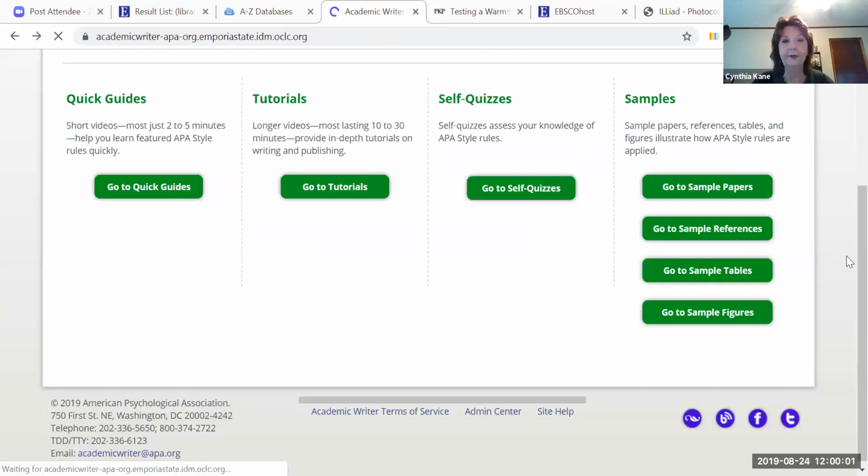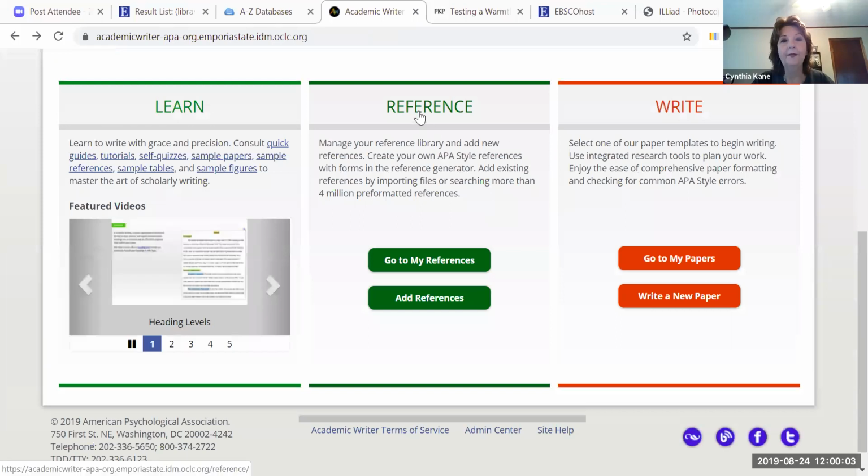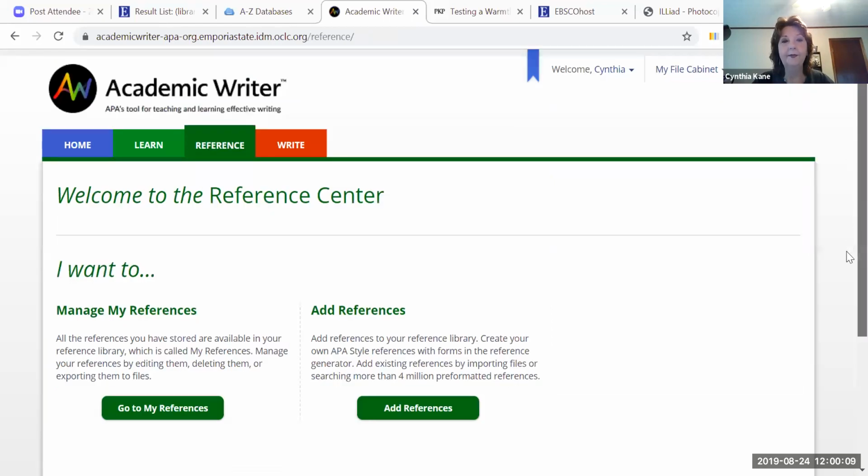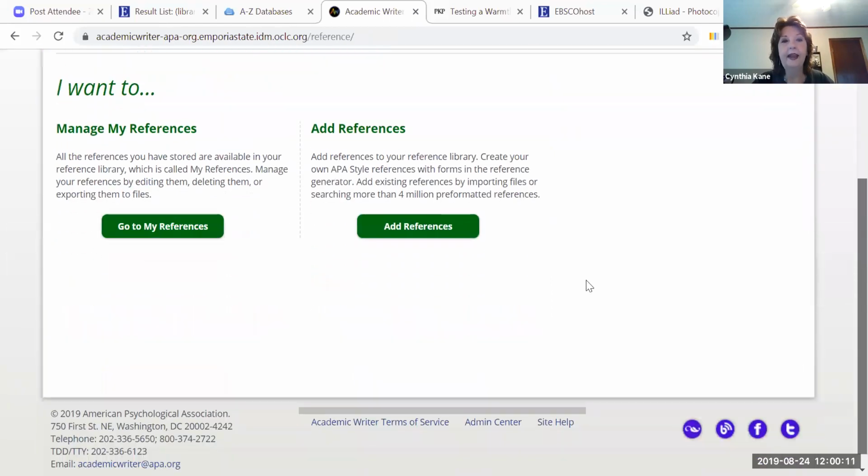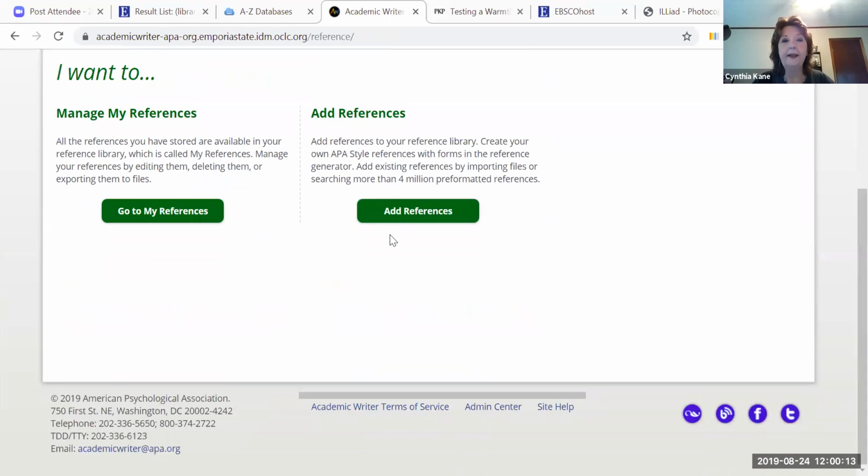of the Learn Center. The Reference Center will actually let you build references, and you can copy and paste or save references from different databases. I don't know if any of you have ever used any bibliographic software programs such as Zotero or Mendeley. This is similar to this. The only caveat is this is only in APA style. So I can save references in my library